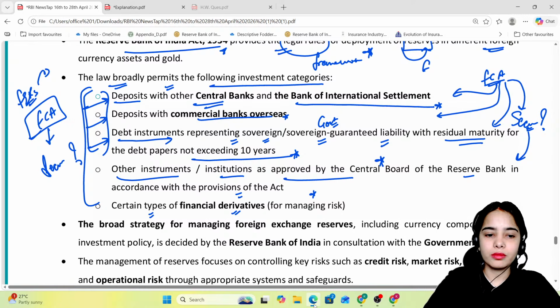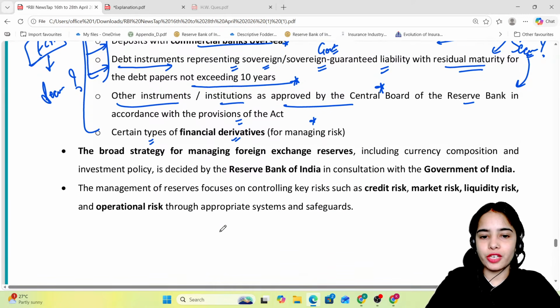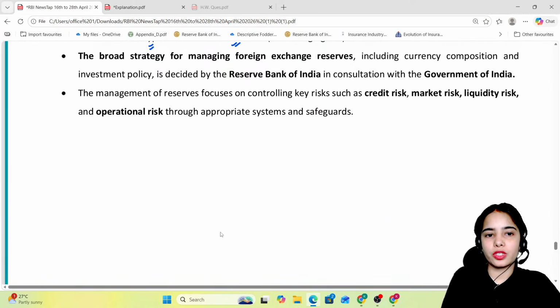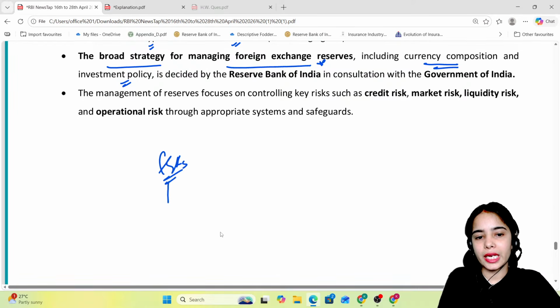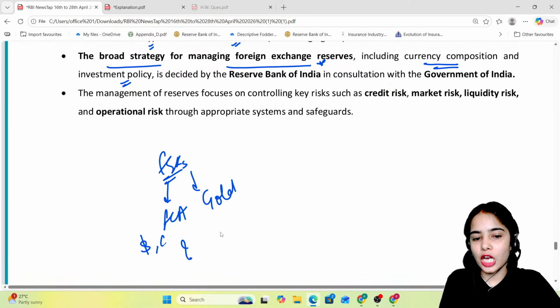Okay. Now, the broad strategy for managing foreign exchange reserves. There is a broad strategy for managing the foreign exchange reserves, including currency composition and investment policy. Basically, foreign exchange reserves consist of FCA and gold. Now, for the foreign currency asset, how many dollars, how many euro, how many pound sterling, how many yen will be maintained, as well as where this amount will be invested,